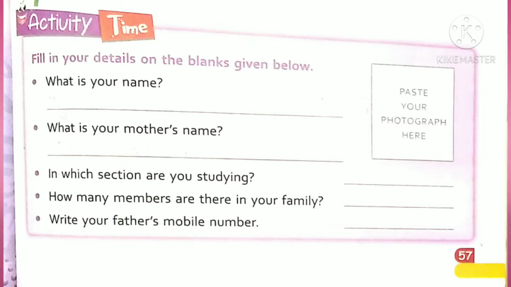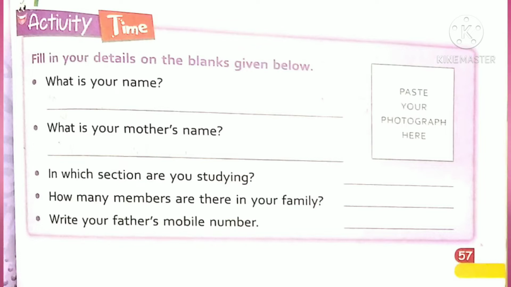Now we are going to do the activity. Look at the slide. Fill in your details on the blanks given below. There are 5 questions where we are going to fill in details. Question number 1: What is your name?